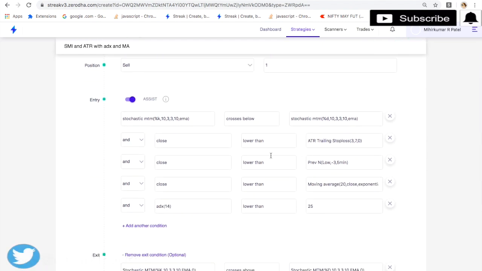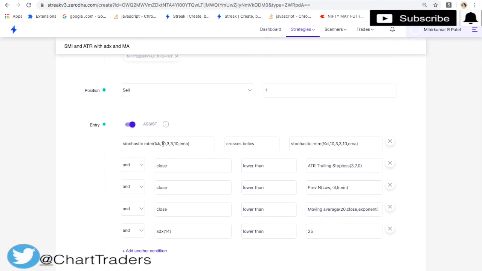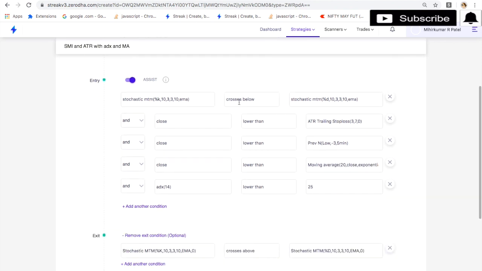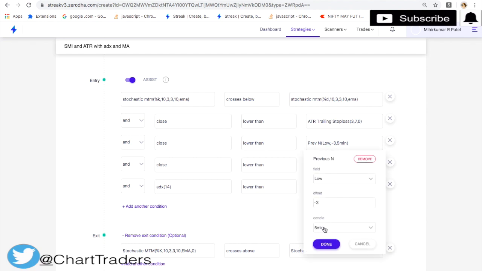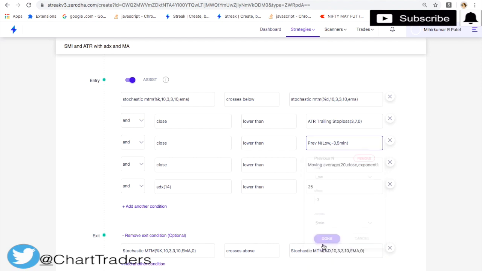What is our condition to sell? That is stochastic percentile K crosses below percentile D. That is our trigger point. When this happens, then we have to check these four conditions. If close is lower than ATR trailing stop loss 37, close is lower than the previous three candles, each candle of 5 minutes, so close is lower than the last 15 minutes,